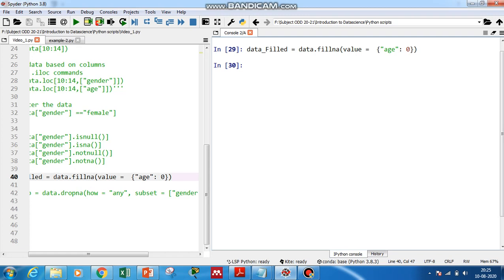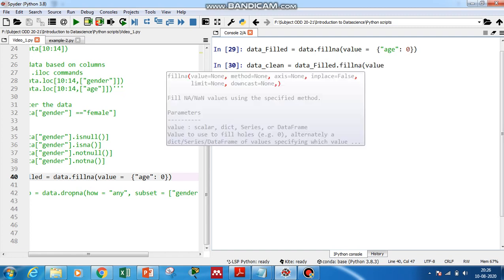Now we have to do it for gender. For that, data_clean is equal to data_filled dot fillna value equal to gender colon unspecified.